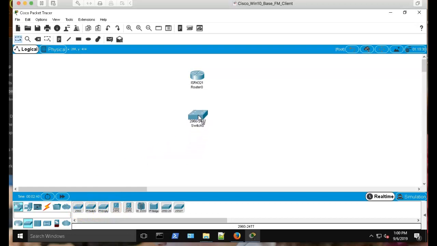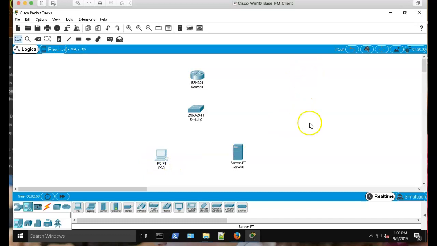Again, which switch you will drag or use depends on what the lab instructions want. Now I am going to go ahead and bring 2 computers. I'm going to bring one PC over here, and if you want, one server over here. Then you'll be asked, based on the instructions, which are usually behind Packet Tracer, or you can download